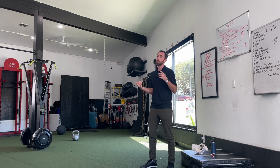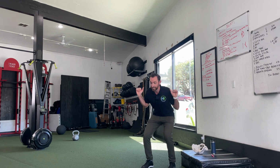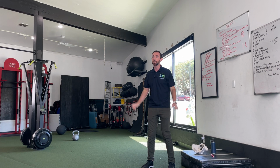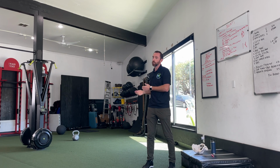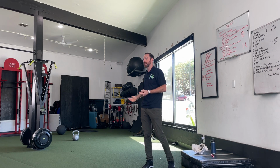And then you look at some of the best jumpers, some of the best sprinters, some of the best power lifters, and you watch them try to get out of a squat and they're all there, you know what I mean? Their knees completely dive in and they are forcing internal rotation to the ground. Same thing with jumpers. You see a lot of people, especially at the NFL Combine, when they go to do the long jump, their knees just drive in, right? And it's like, okay, well, if you're gonna tell me that the strongest power lifter out there has a weak glute med, I'm calling BS, you know what I mean? Like you can tell